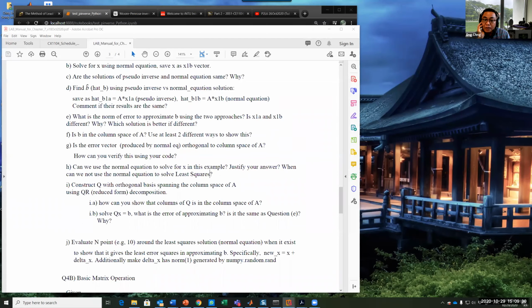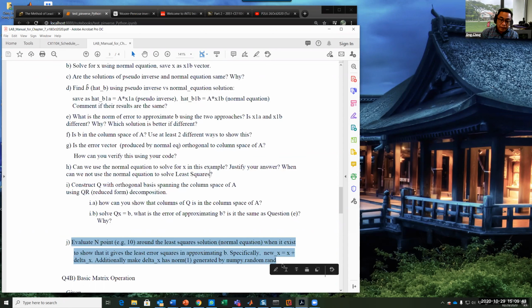Okay. All right. So can I answer Cheryl's question now? Which is this. Evaluate endpoints around the least squares when it exists to show that it gives the best solution. Okay, so what am I asking for? I'm asking for